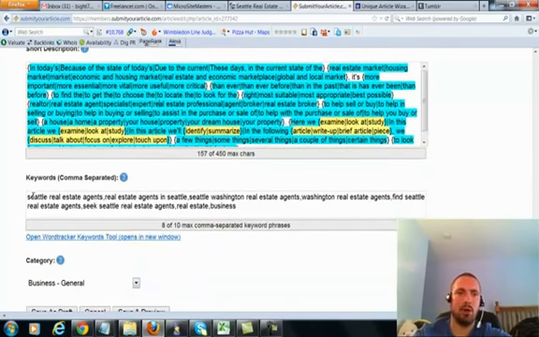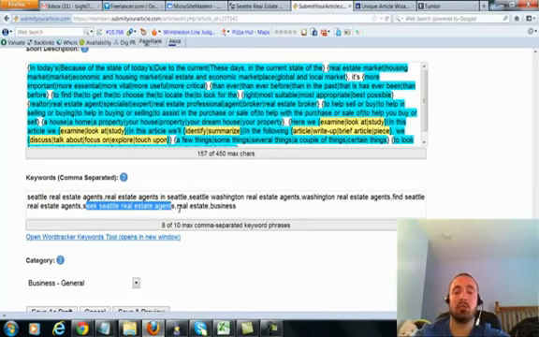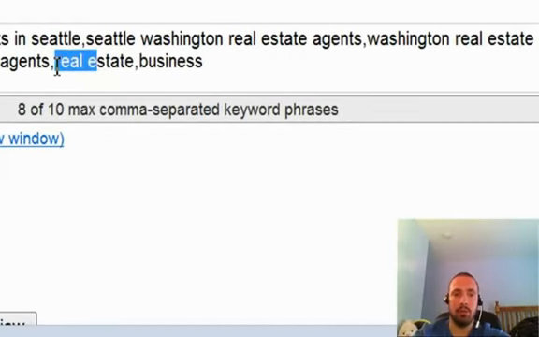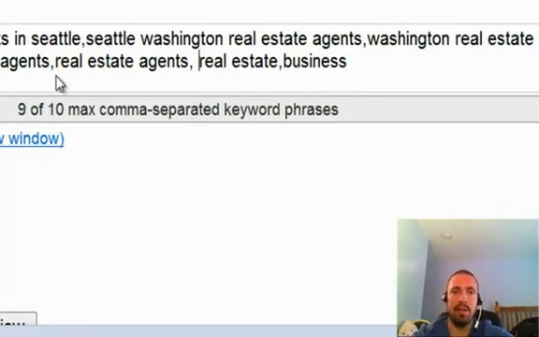Alright, then let's go to our keywords. I got my main keywords, Seattle real estate agents. Then some LSI versions: real estate agents in Seattle, Seattle, Washington real estate agents, Washington real estate agents, find Seattle real estate agents, seek Seattle real estate agents. And I start getting more general. Actually, I meant to put real estate agents in here. Real estate agents, and then even more general, real estate, and then most general, business, and home I can do too.